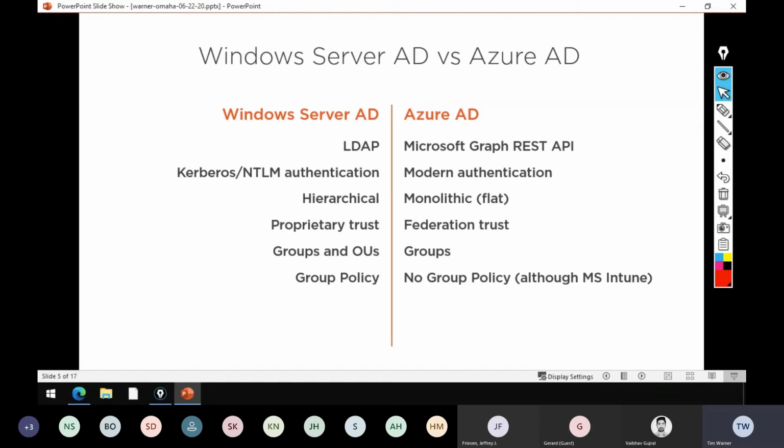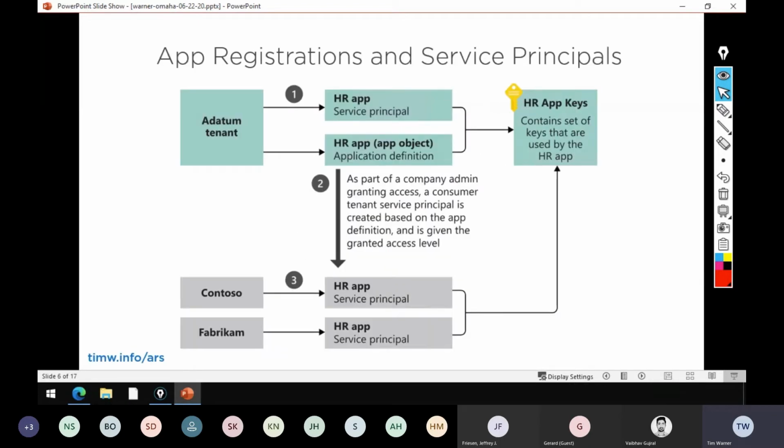Lastly, there's the concept of management, user device management. Group policy has been our standard in Windows Server since late 1999. With Azure AD, there's no group policy concept directly, although we do have mobile device management, endpoint management through Microsoft Intune, or I guess the latest name for that is Microsoft Endpoint Management. Microsoft is doing their thing with renaming, aren't they? That tends to be a 24/7, 365 thing.